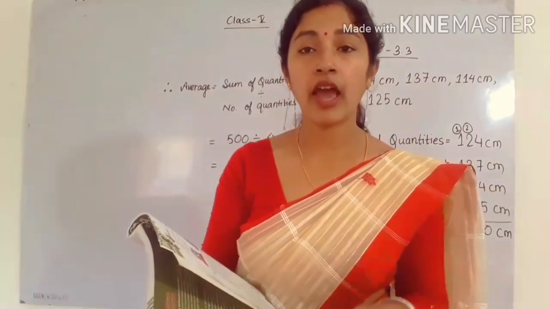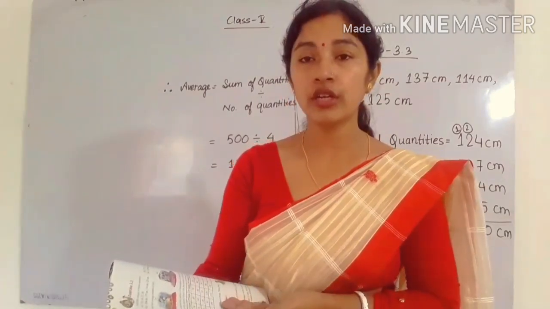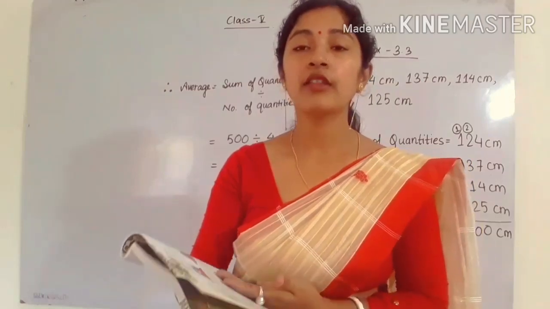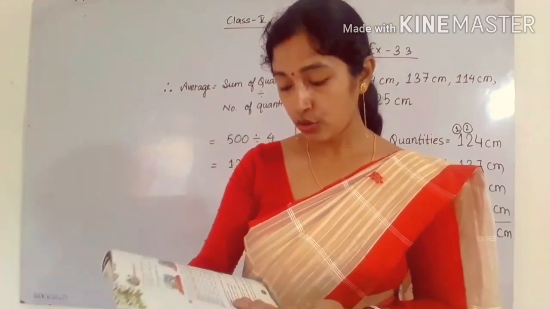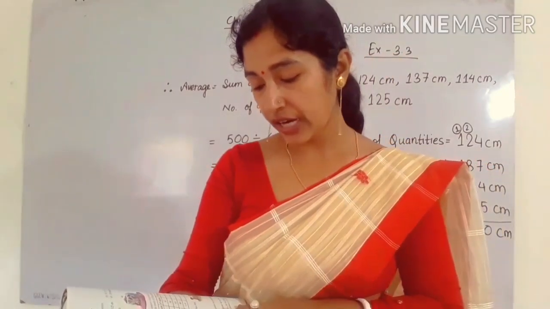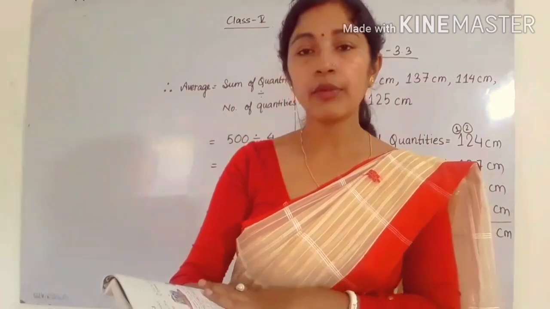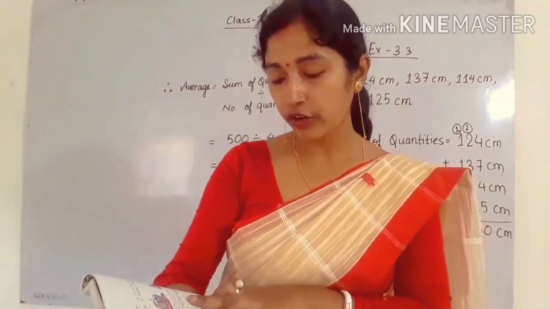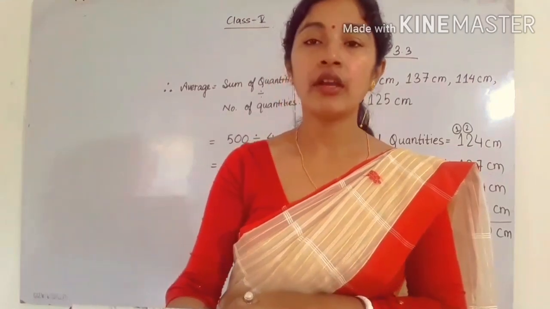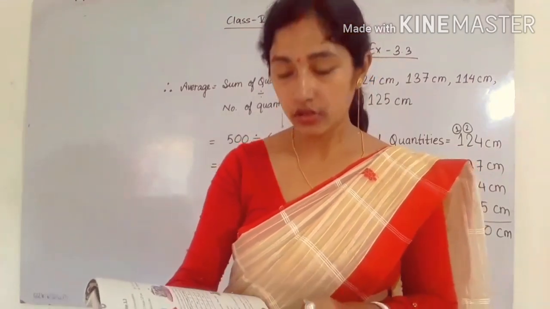For example, average, where we can apply average. In this question they are applying the formula for average. Question A is to find the total collection of each class, then find their average collection. We can do it in the table only. Total collection you have to find from class 1 to class 5, then find the average by dividing the total collection by 4.